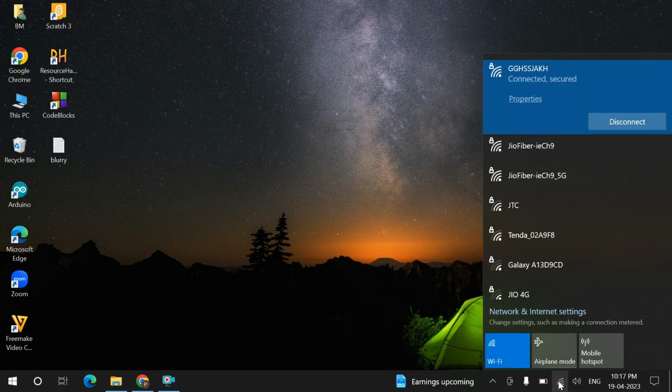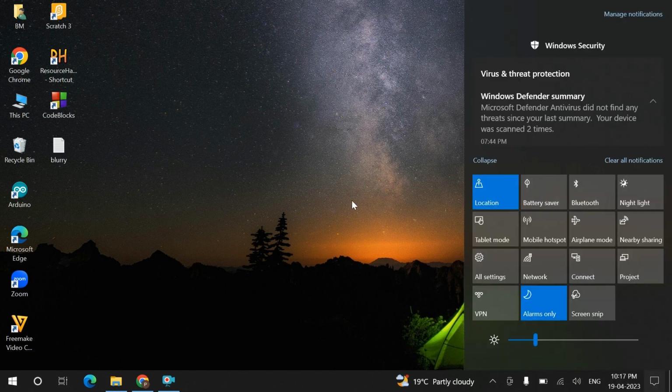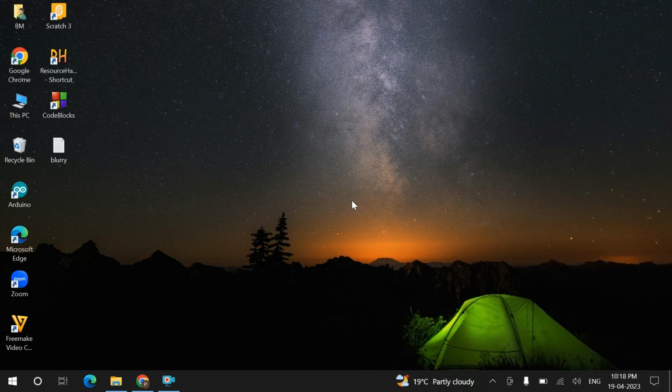So what you have to do, first of all, you have to check that the airplane mode is off. It should be off. Then in that case both your WiFi as well as Bluetooth will work properly. So if the airplane mode is off and still you are not getting the Bluetooth option, what you can do,